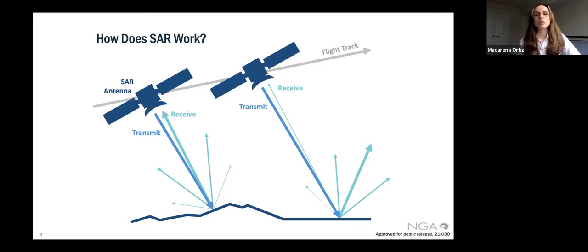Now, on the other hand, on the right-hand side, if the SAR image is over a very smooth surface, like a calm body of water or a paved parking lot, that smooth surface acts like a mirror. And instead of scattering the energy in all directions and back to the receiver, those signals essentially get scattered directly away and the signal is lost. So that part of that image will look very dark. And there's a lot more to SAR and how it works, and I urge you to do some research about it if you're interested, but we can't really cover all of that in this presentation.